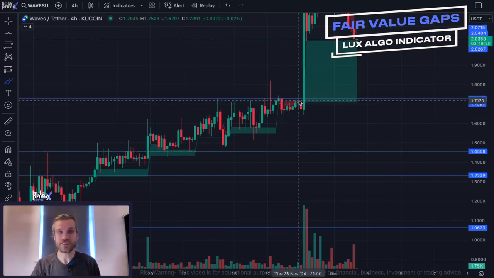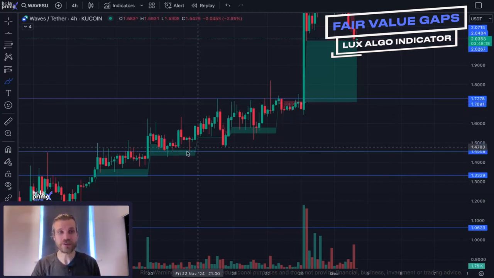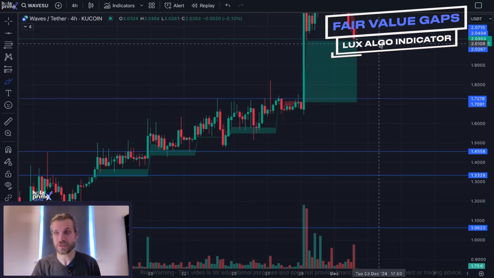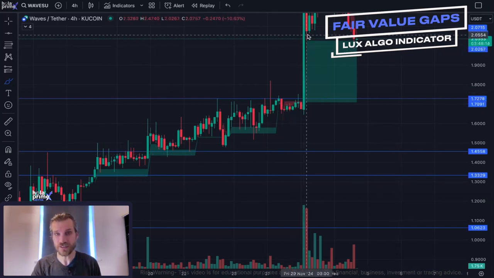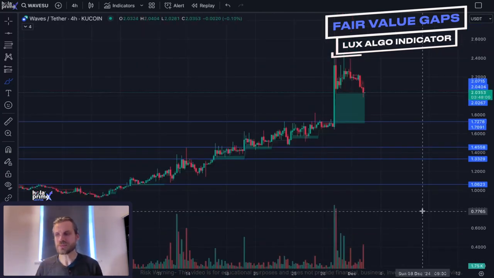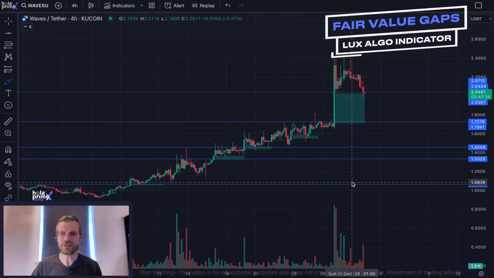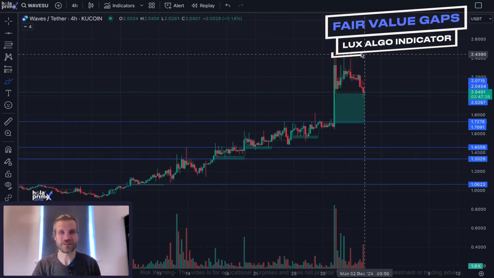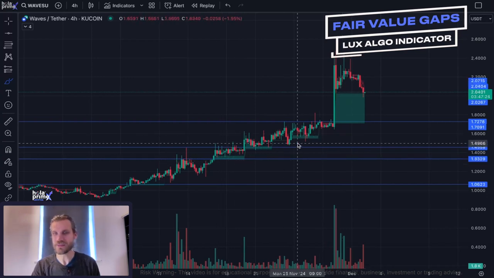So you need to consider the impact a gap being filled will have on the price action in different contexts. As I said, this small bearish fair value gap was insufficient to stop this bullish momentum and in fact contributed to this uptrend. Also, sometimes several days or weeks will pass before a gap gets filled, so don't sit around waiting for the price action to come back down if it's now 100% higher than where the gap first appeared. You can see here, of course, the price action is way above these gaps, so they may not be filled